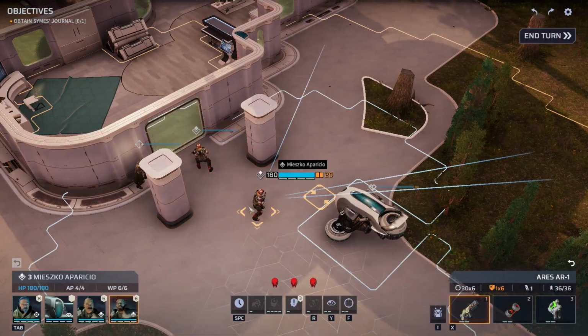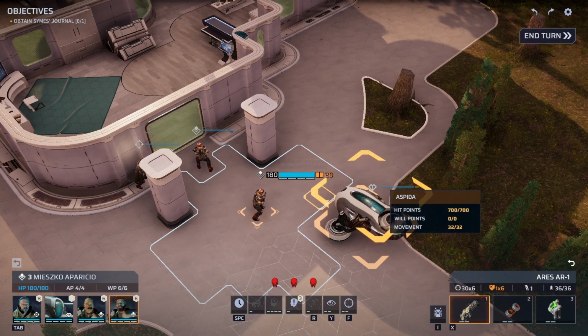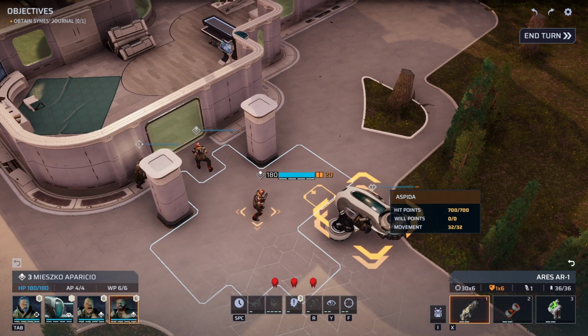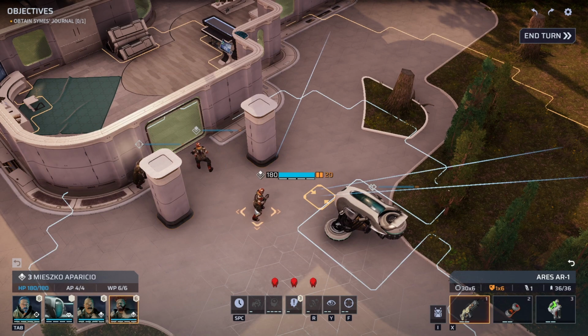If we take a look at our soldier here, you'll notice the embarkation point of the vehicle is in the front, rather than in the back like it is on the Scarab and the Armadillo. Why does that matter? Because you cannot drive an Armadillo or a Scarab up to a soldier and just pick them up, because they have to turn around, and in order to turn around they have to move a square. So soldier rescue is another one of the really nice things that the Aspida is good at,